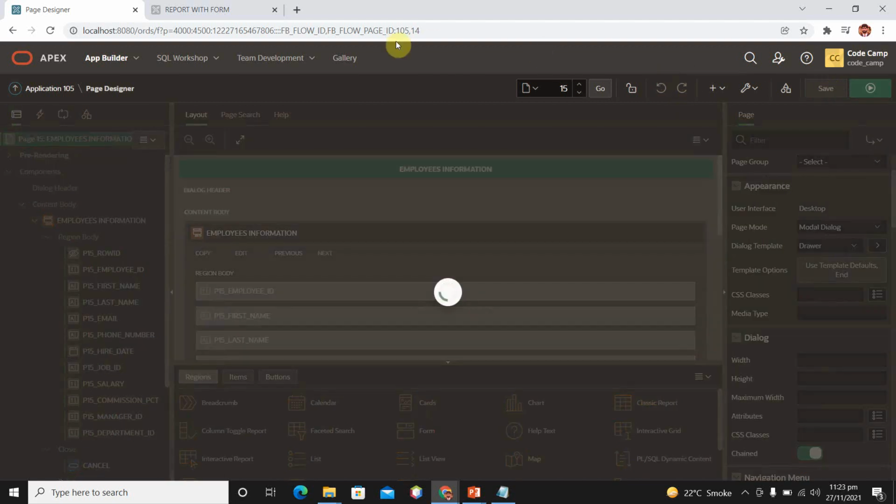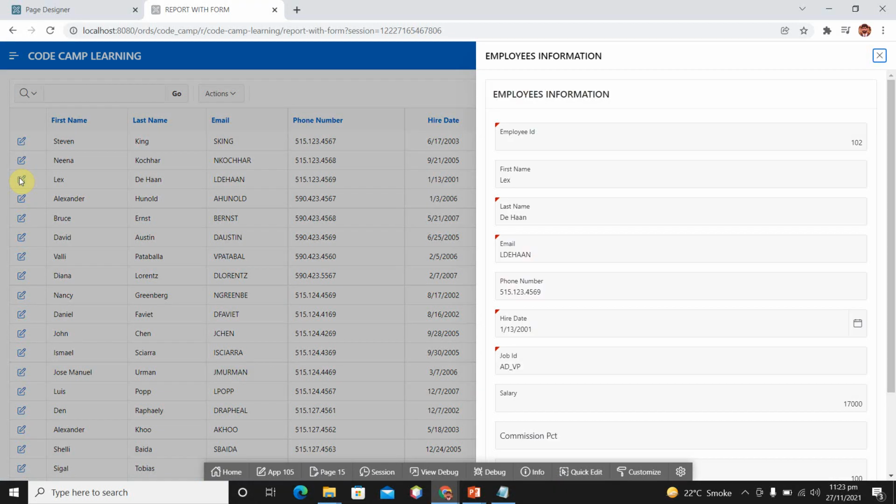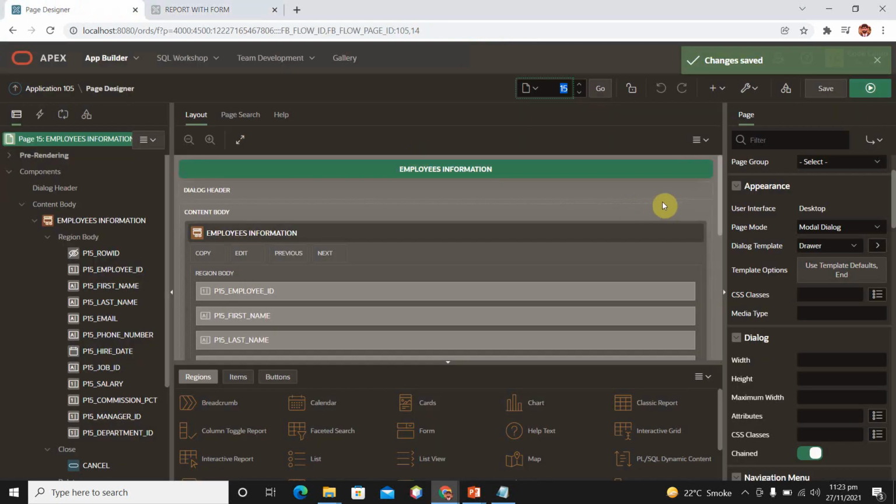Now save and refresh. And now click on edit. So you can see now it is not showing a modal dialog in the middle, but it slides from right to left. Similarly, you have multiple options of dialog templates. You can choose one of them.